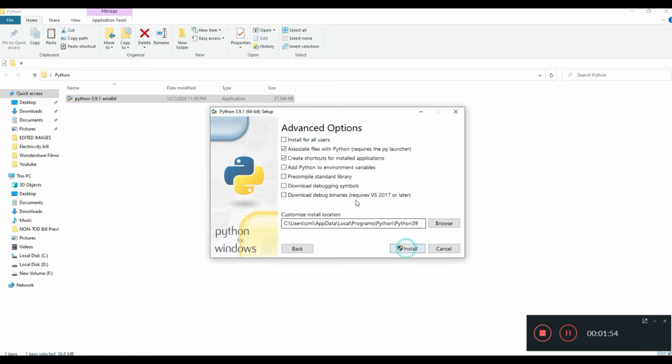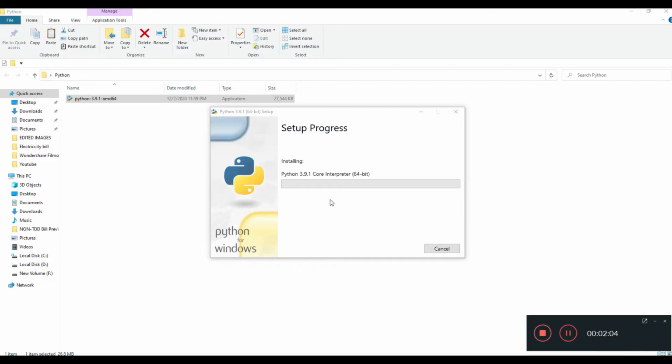Please check optional features. Please check mark all features and click next. And in advanced options, install for all users. Please check mark and install